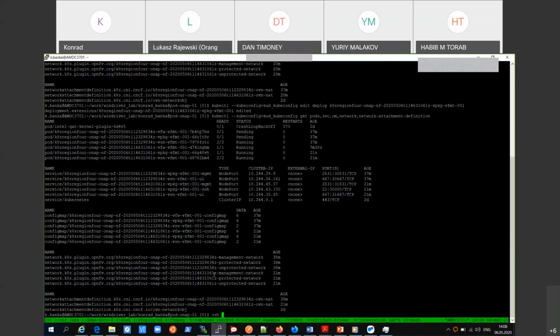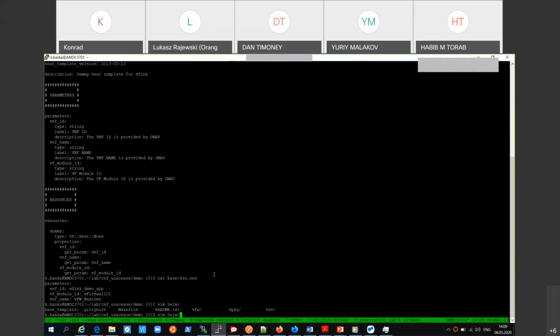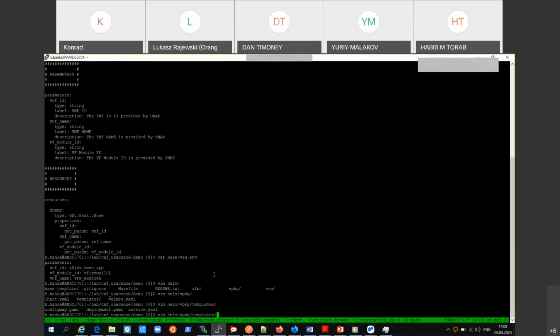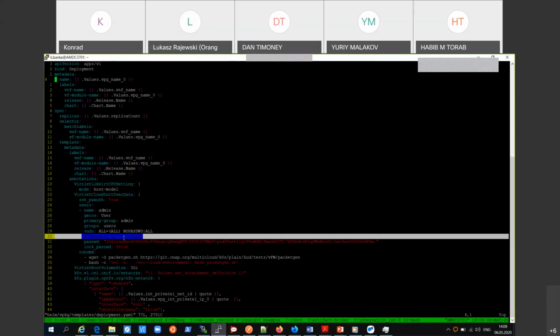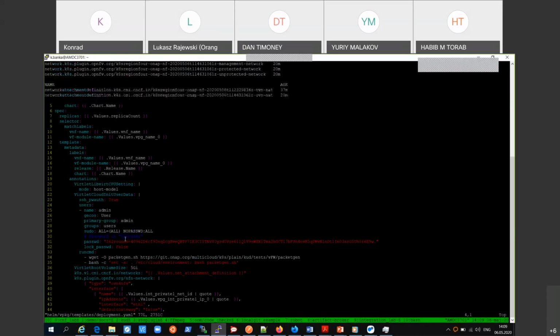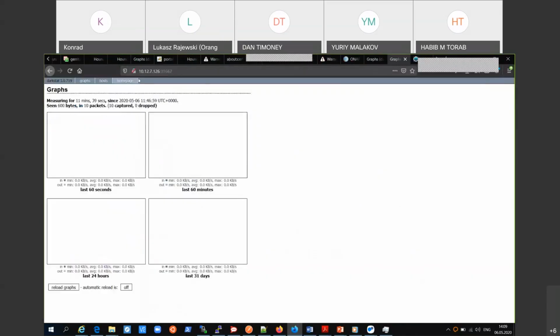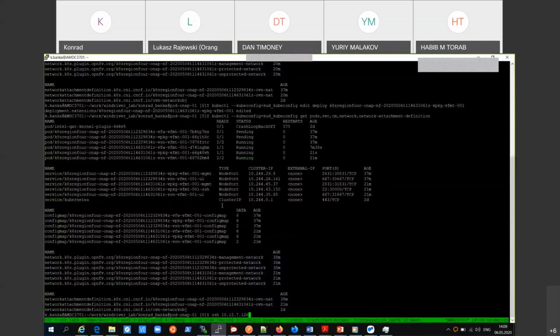I need to ensure what was the password to the pod, so I'll have to take a look into the Helm charts. I left it there as a comment. Okay. Password is test user and user is admin. So the IP here, the IP of the Kubernetes node is... 30,000 and...